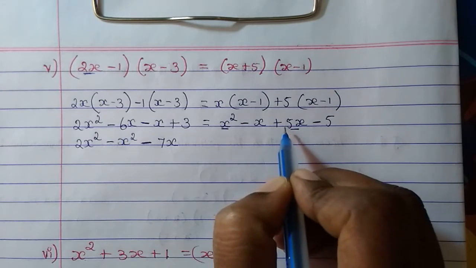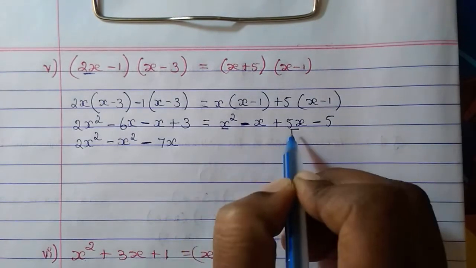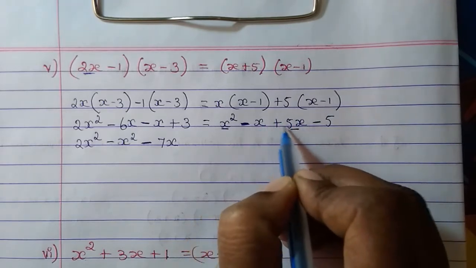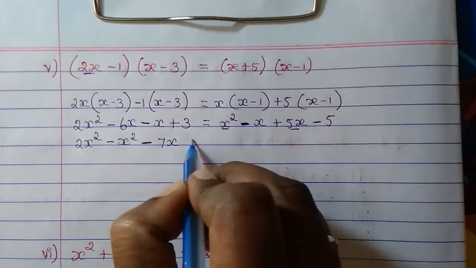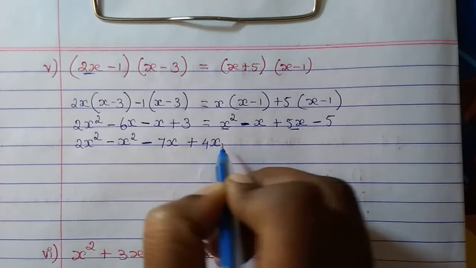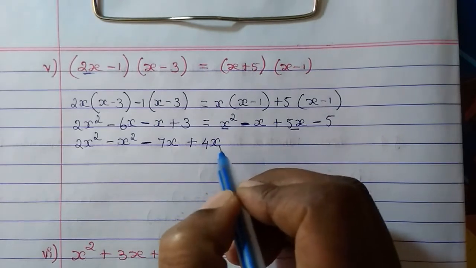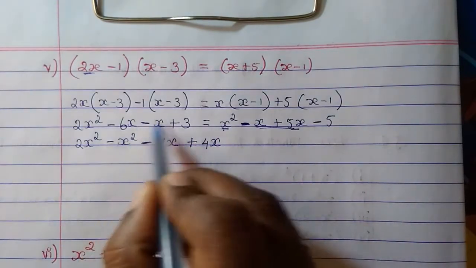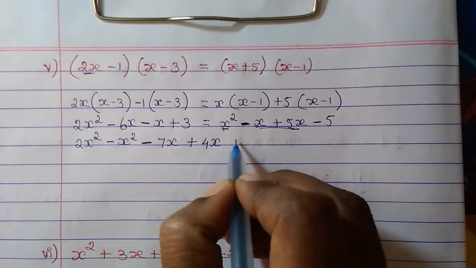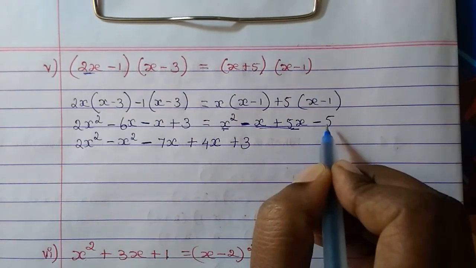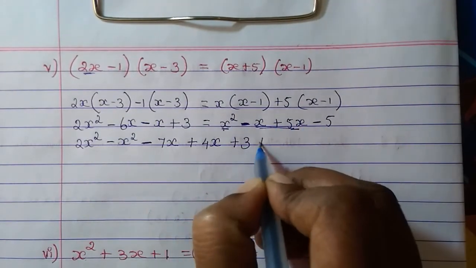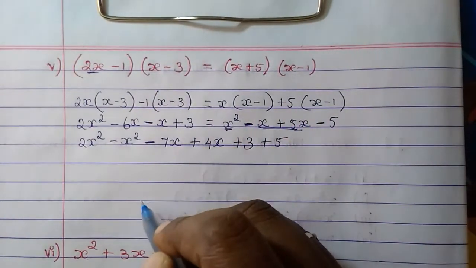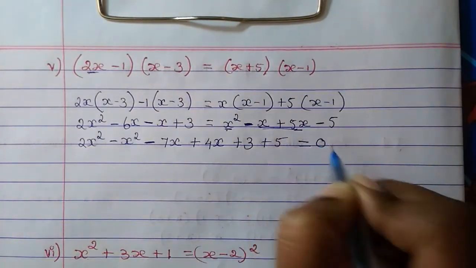So that 4x will be plus because this is the smaller sign and this is the bigger sign. So from the bigger sign, the smaller sign, when you subtract, the bigger number's sign will remain. So we will get plus 4x. Okay, so this part we have brought it here. Now what is left? So this is over. This also is over. So here also we completed. Now what is left is the number plus 3. And here minus 5. So bring minus 5 to this side and it will become plus 5. So now all things have come this side. Now nothing is left this side, 0.